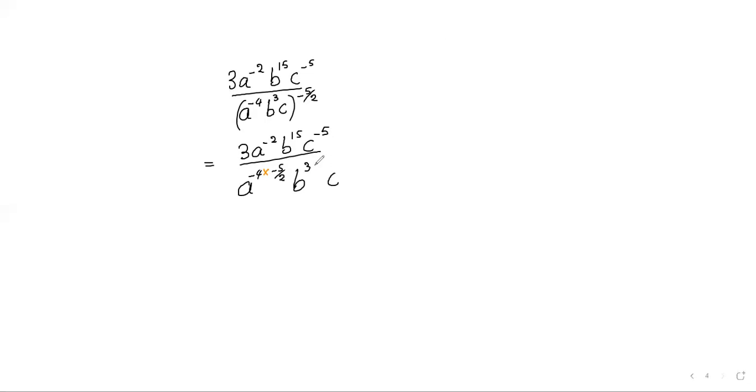We multiply by the exponent, and then this is 1 here, multiply by 5 over 2, and that gives us